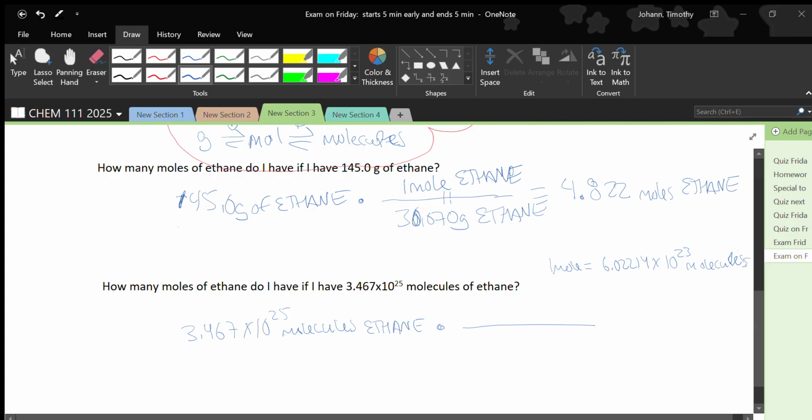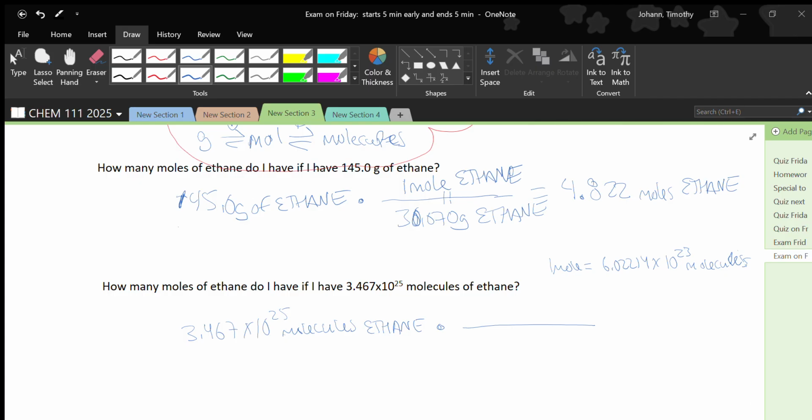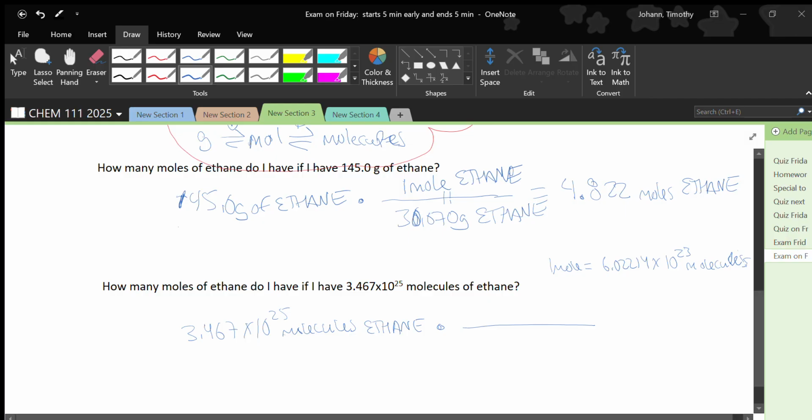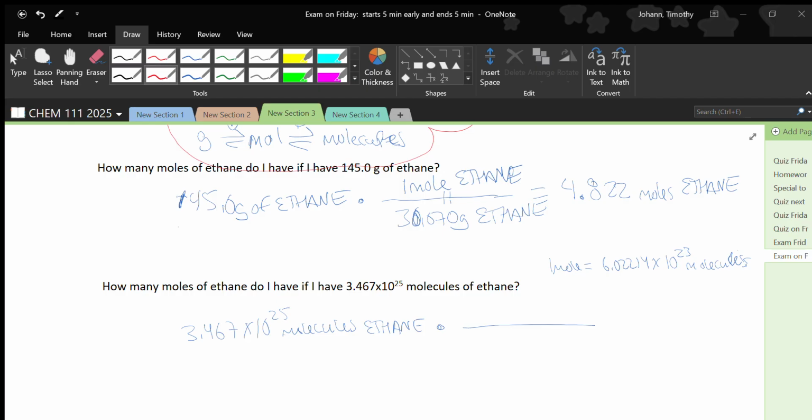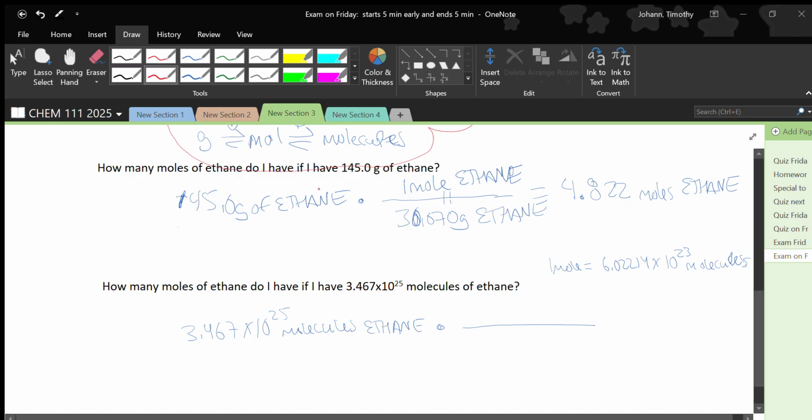Somebody other than Jack, I appreciate it, but somebody other than Jack, what goes on top and what goes on bottom for that conversion factor? Just tell me what goes on top. Moles, right, moles. Moles goes on top because I want these molecules to cancel. So just like I should have done up here to emphasize it, grams of ethane cancels with grams of ethane, and all I'm left with up here is moles of ethane, which ended up being the units in my answer, right? So down here, we need those units to cancel again, so we're going to put 1 mole ethane on top,